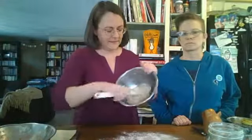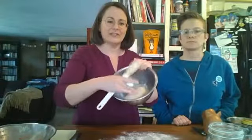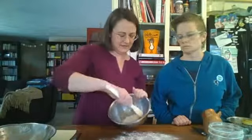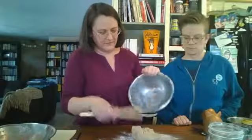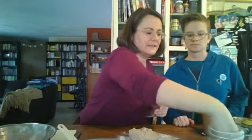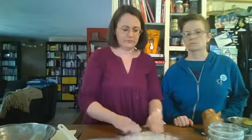All right, you guys got to see how this dough is totally thick now, and I can touch it without it sticking to me. That's what happens after it just sat 5 minutes. It hydrates and it's all ready to go. So I'm just going to dump that out into the floured area. Get all those bits. Save all the goodness. Okay, and then to keep it from sticking, since it is a little bit sticky, we're just going to sprinkle it with the flour. And then we're going to flatten it out to about...